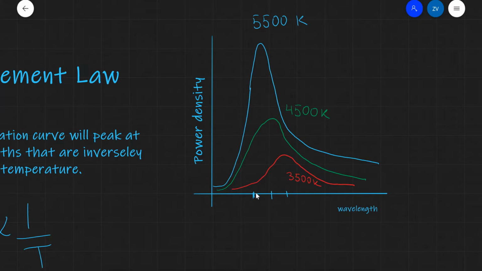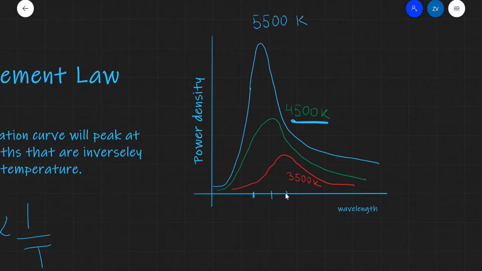It's quite short. However, if I had this green curve over here at a lower temperature, let's say 4,500, then my peak wavelength is a little bit longer. And if I had this sort of red curve at 3,500 Kelvin, you're going to see that my peak wavelength